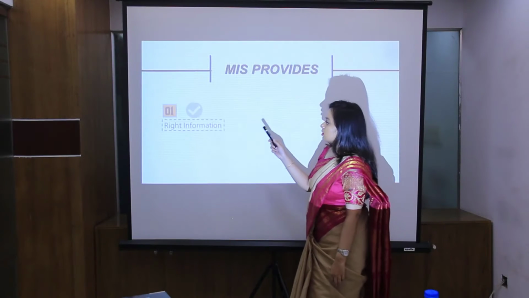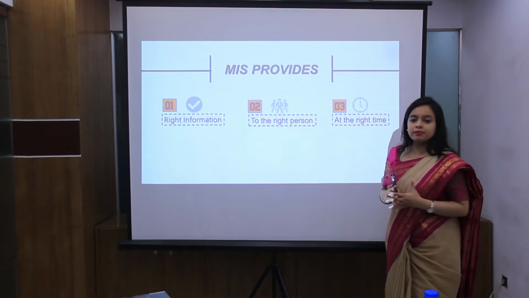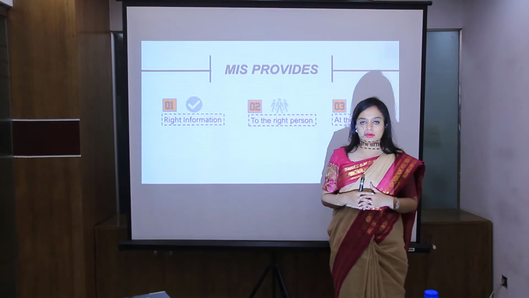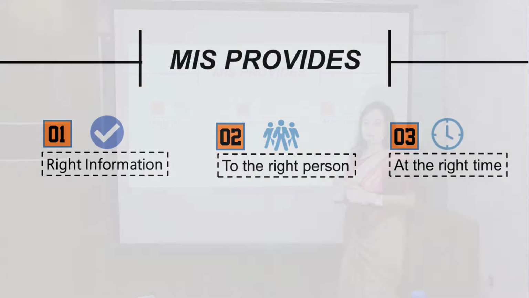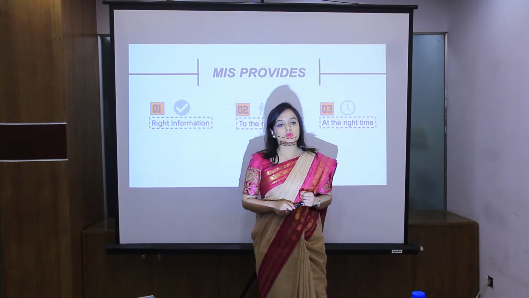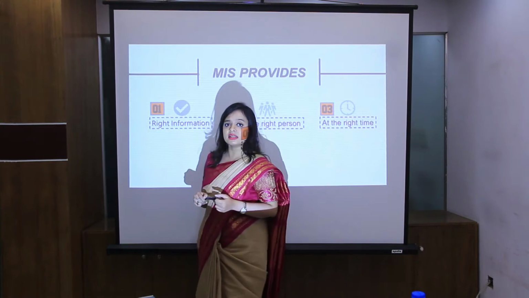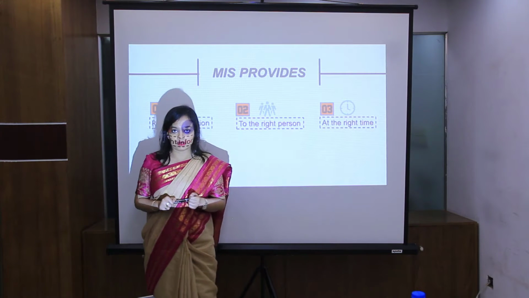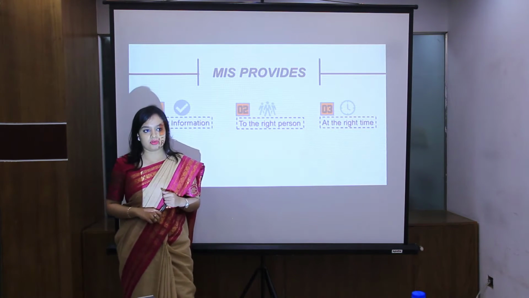MIS provides the right information to the right person at the right time. So we have to make sure people have the right information to make the right decision in a timely manner, so that MIS is doing its job. What does it mean to have the information at the right time? Basically it depends on the industry. Suppose I am in finance and making a trading decision, then that timeline is within milliseconds. But if I am in retail, then it depends on a daily level. That's why information at the right time depends on the industry.